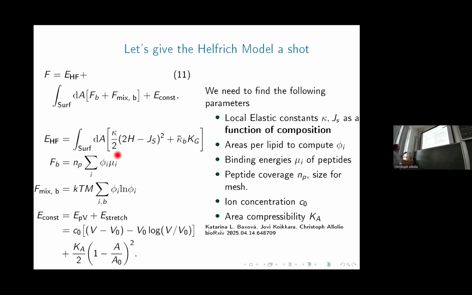Then we add some binding free energy, some chemical term, which just depends on the peptides. So we have to somehow find this from the simulation. Of course, kappa we have to find from the simulation, J_S and J kappa J bar as well. And then we just add some ideal mixing terms and the mixing terms